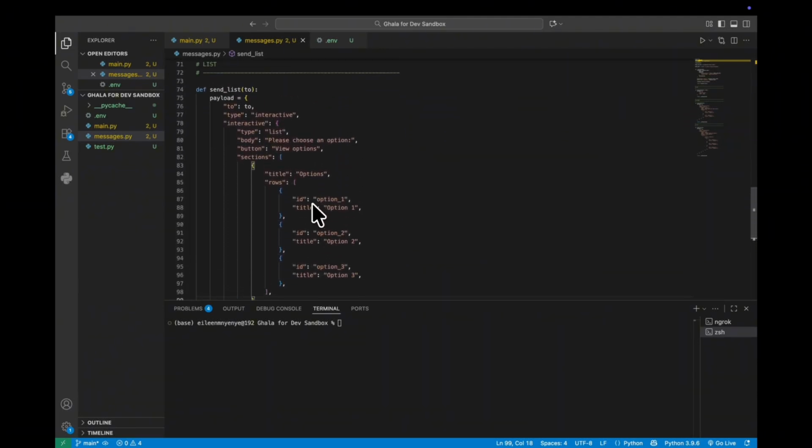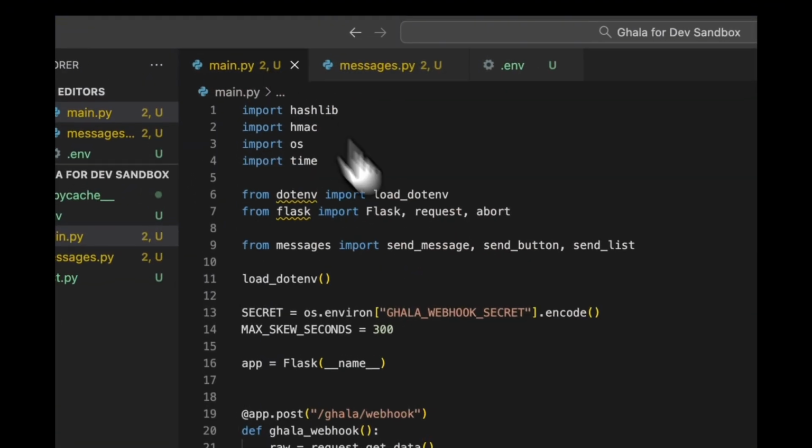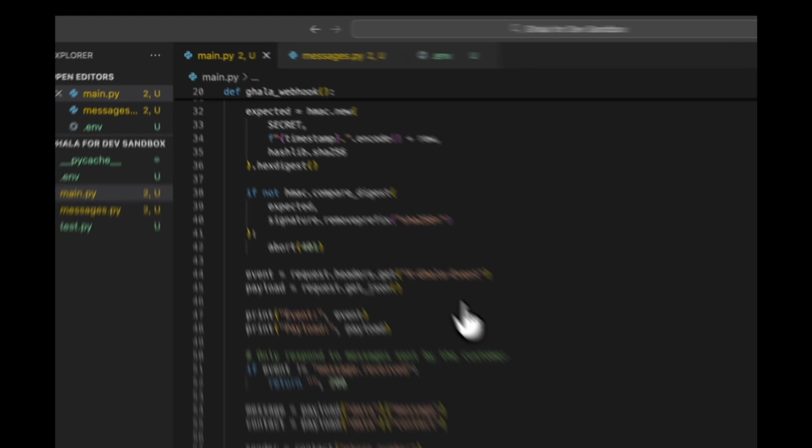Similarly, if we scroll down, we can see the lists. We have the type interactive, and we've assigned the interactive as a list. And we can see here we've given each list point an ID and a title. You can do much more with this, but for the sake of this demonstration, all we need is this simple integration. And now if we head back into our main.py file, we will see that everything has remained largely the